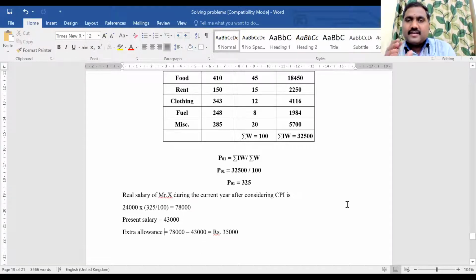Now, did you understand what the consumer price index number is? There is not much difference between the previous method and this method. Only thing is, here, instead of giving price and quantity, they give the index and the weightage. They won't give the base year and current year price values. Already the index and weightage values are given by considering the base and current year. Whereas in the simple and weighted index methods, they give all those things, and according to the formula, we need to calculate the value. In the consumer price index method, the values are already given, which we use to calculate the price index. Okay, copy it.